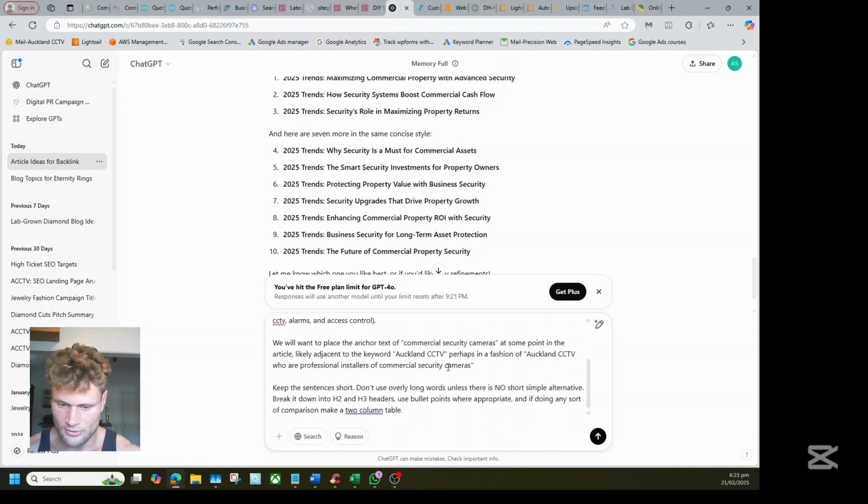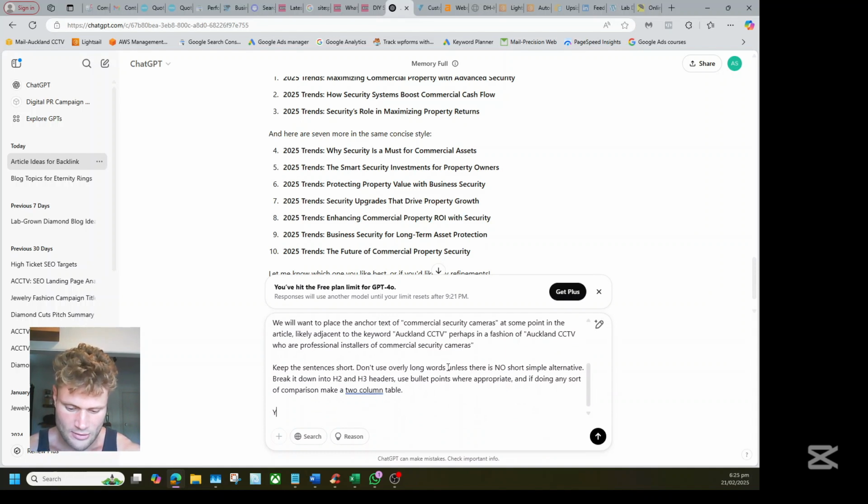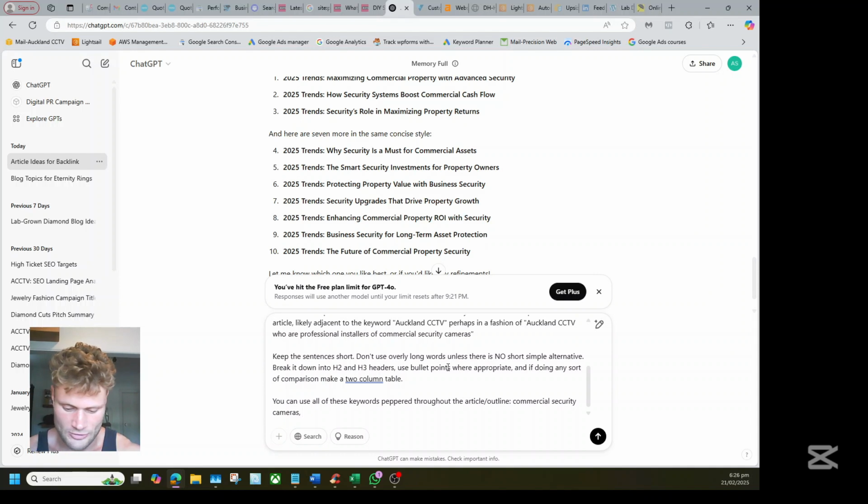Okay, and the last thing is you can use all of these keywords peppered throughout the article outline. We want to say outline just so it is writing the outline now, and we want it to actually put those keywords somewhere in. So obviously we have our commercial security systems. Let's go CCTV, alarms, intruders.